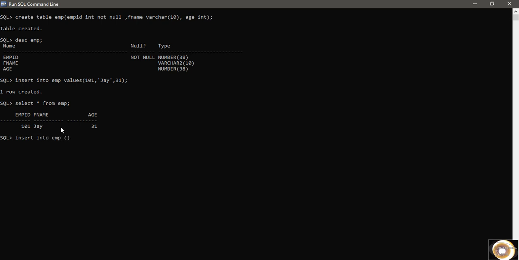Okay, I want to insert only two columns for this table. Let's say first name and age. I'm creating one new record, and for that I have only first name and age. I don't have employee ID, or by mistake I'm not putting employee ID. Okay,